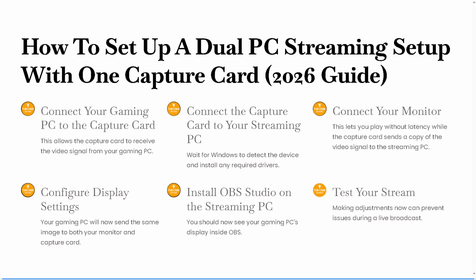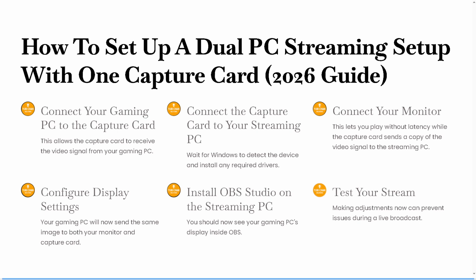If you're looking to improve your stream quality and reduce the load on your gaming PC, a dual PC streaming setup is one of the best solutions available. By using a dedicated streaming PC and a single capture card, you can keep your gameplay smooth while producing a professional quality stream. So in today's video, we are going to show you how to set up a dual PC streaming setup with one capture card, connect all of the hardware, configure OBS Studio, and optimize your settings for Twitch,